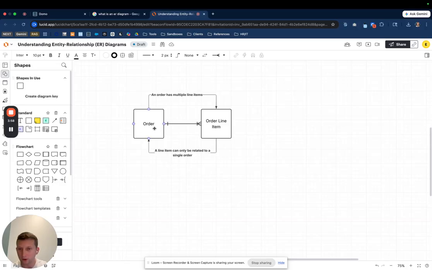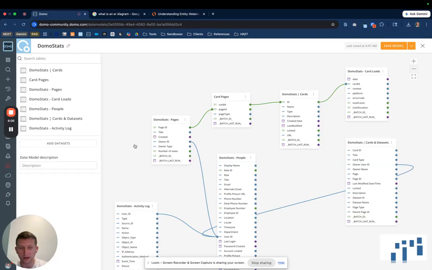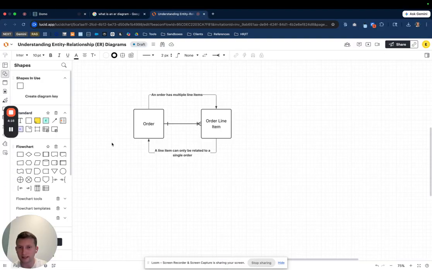In this case, an order has multiple line items, and the line item can only be associated to a single order. And this looks very similar to the data modeling that we're doing in Domo, right? You can see we're dragging boxes out. And in this case, these lines that we're doing are actually the cardinalities between the different data sets. And so I know we went through a little bit there,